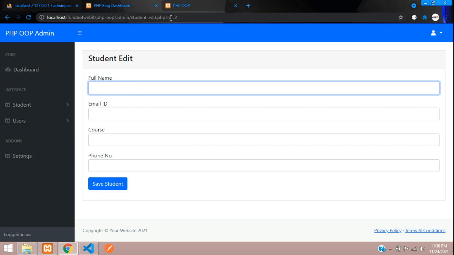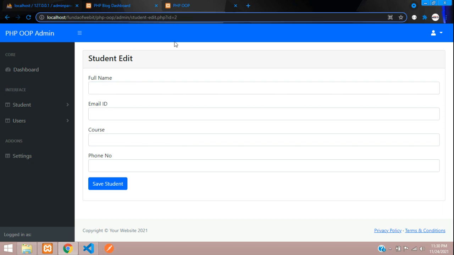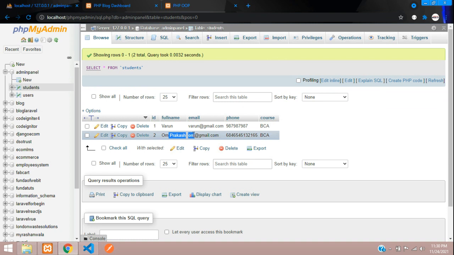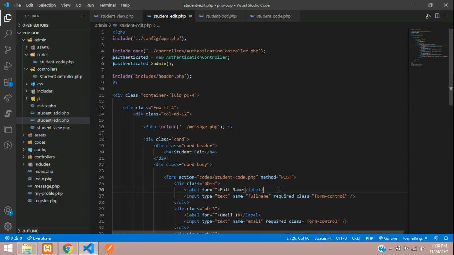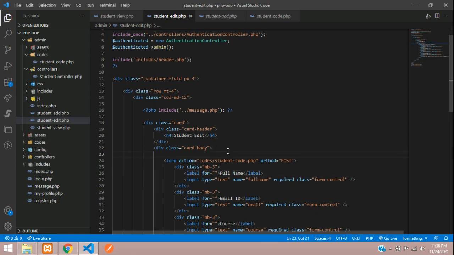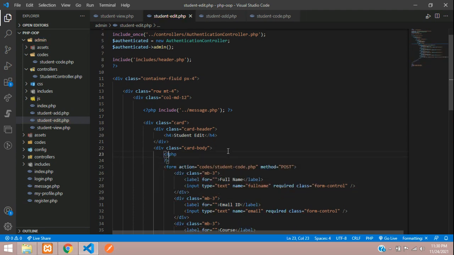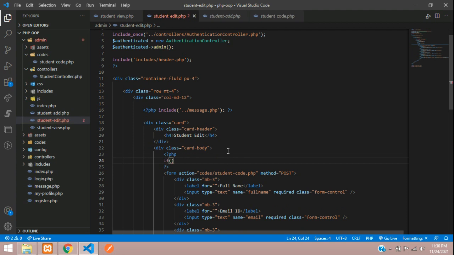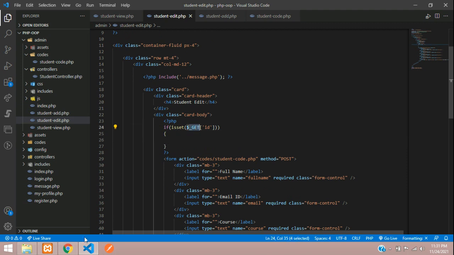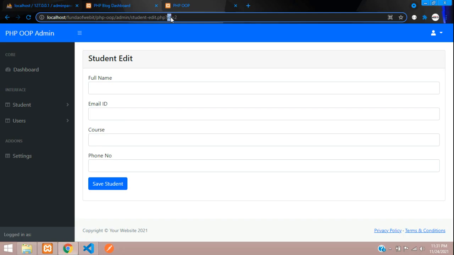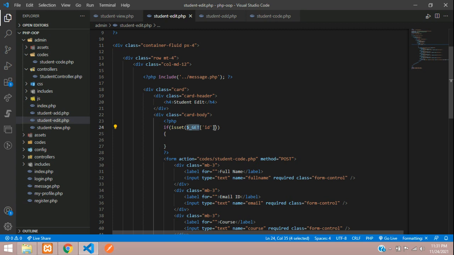So now guys, with the help of id, you are going to get your data from your database. Okay, so this is your database table students. Let's get back. So first step guys, we are going to start here. Let's open PHP and close PHP. In this, let's begin with an if condition and check with the isset function, the simple $_GET method, where you are going to check the ID. So if the ID is present, this GET method means you are going to call your parameter value. Okay, so this ID you are going to call and check. If it is there, then you'll come in,